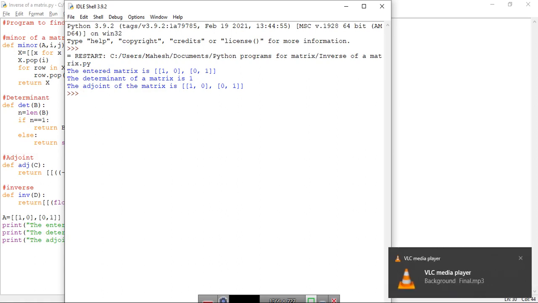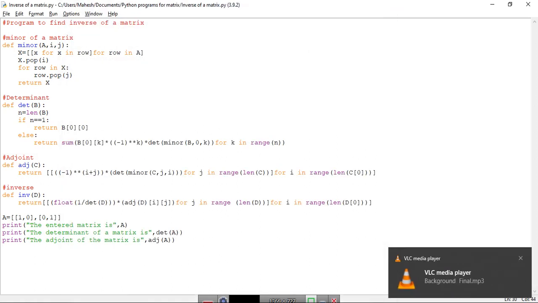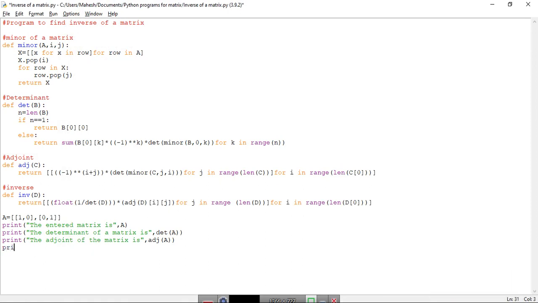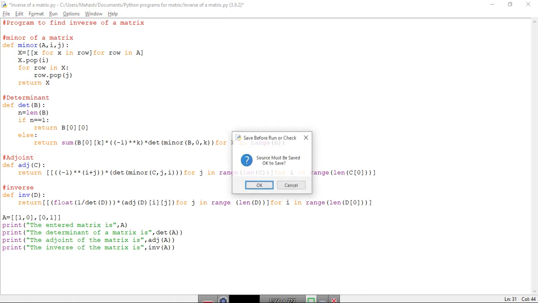Okay. Now let us print what is the inverse. But again, remember, if the determinant is 0, then the inverse function will create an issue. But in this case, that's okay. The inverse of the matrix is, and in that case we will put the inverse, comma, inv, and our matrix is A. So we have closed the brackets, correct?